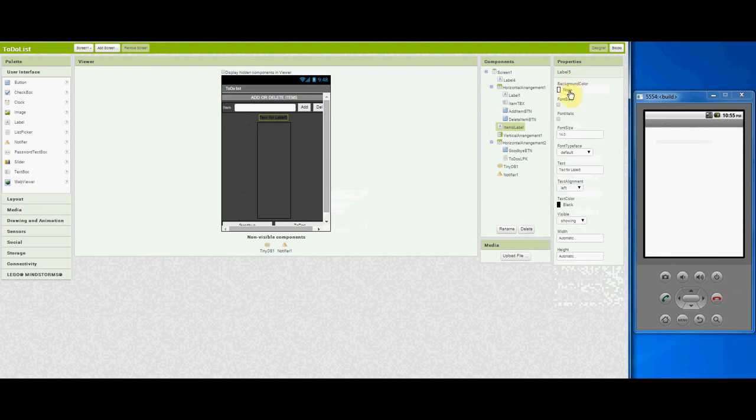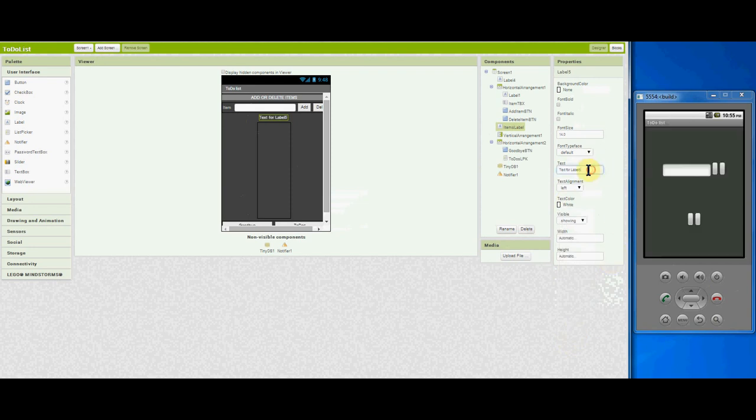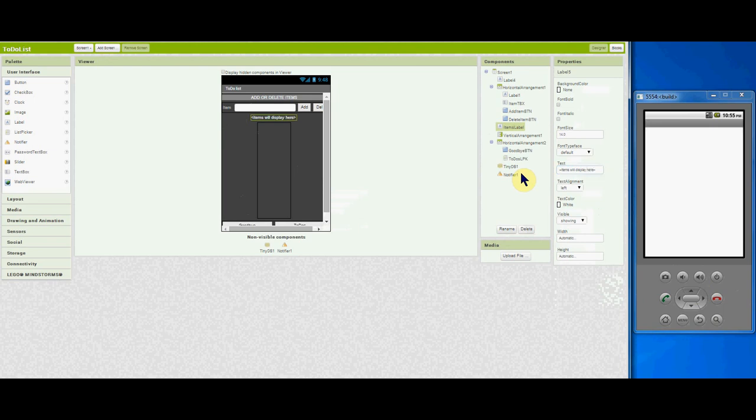Since I have a dark gray background, I'm going to make this a white text display, and I will, just so we have something to show here, put "Items will display here,"